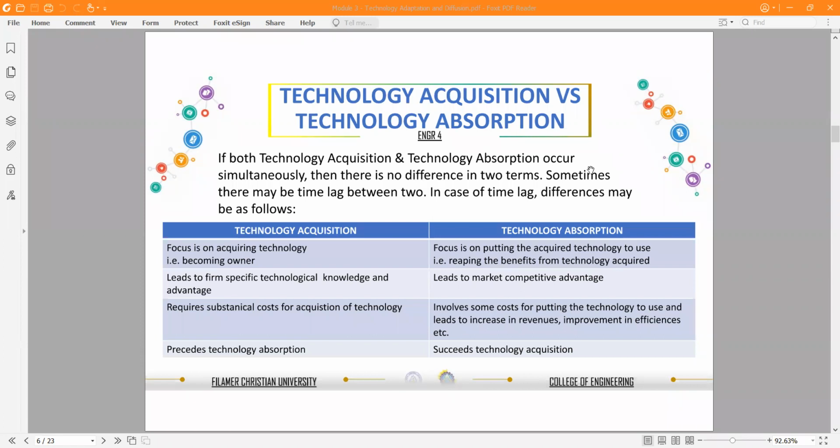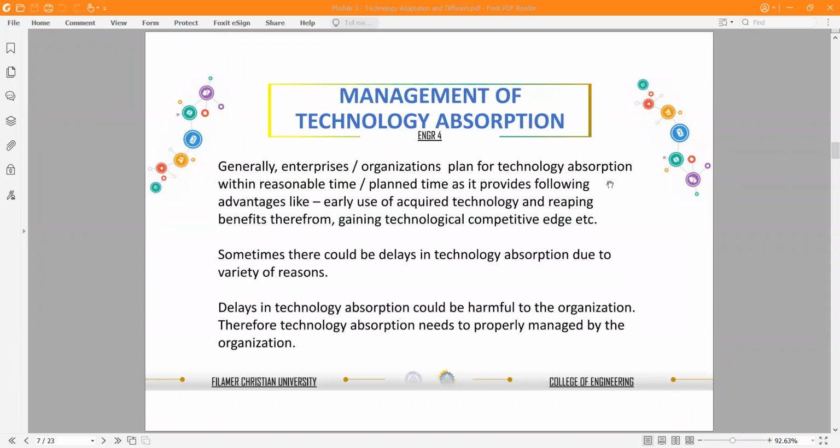In those two, kung ikaw, ano imo nga i-adapt? Will you adapt the technology acquisition? So try to ask yourself. So the absorption if yun yung kunin mo. So generally,